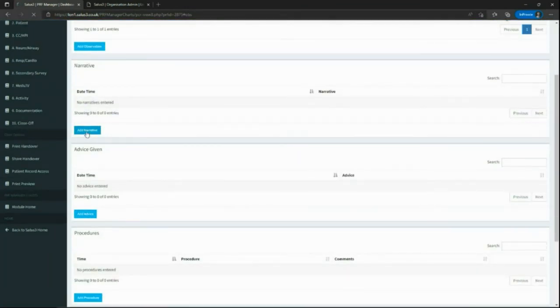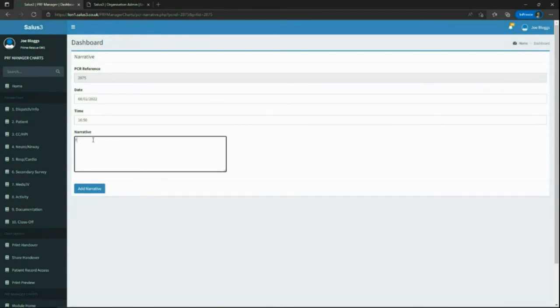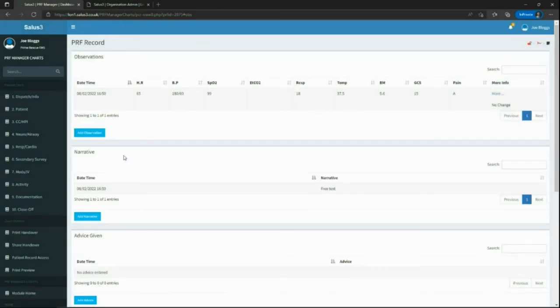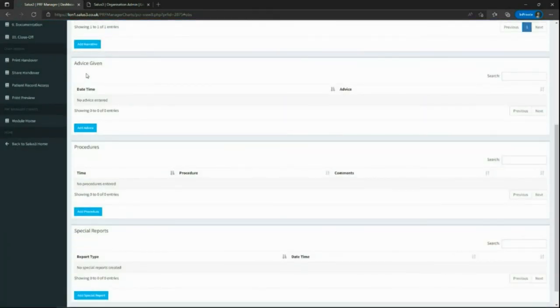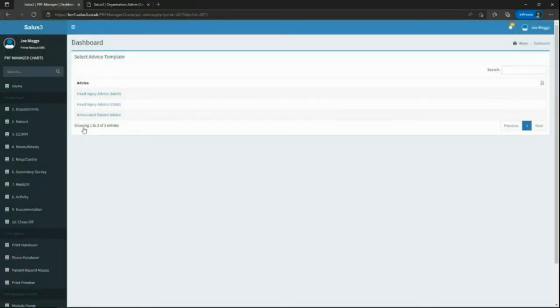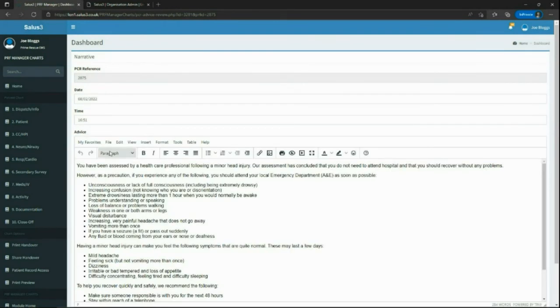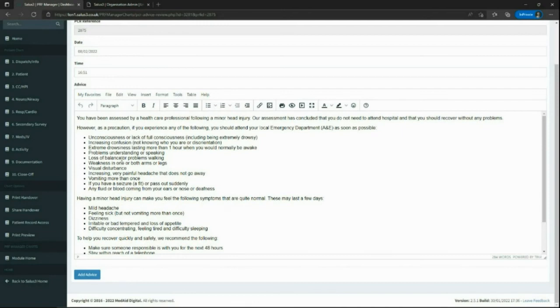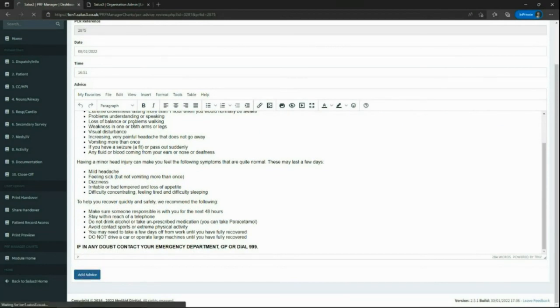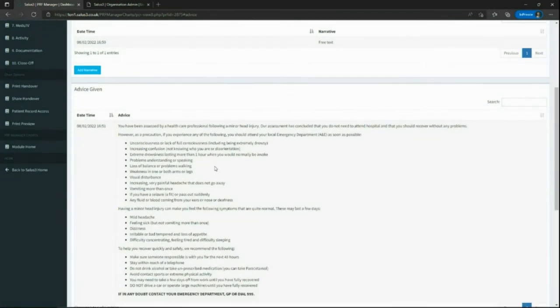The narrative allows you to enter free text information, which can then appear on the PRF Manager Charts page. You can also record advice given by clicking the Add Advice and selecting an advice template. These are all customizable within your organization admin area. Once loaded, you can amend as appropriate and then click Add Advice to enter the information into the patient chart